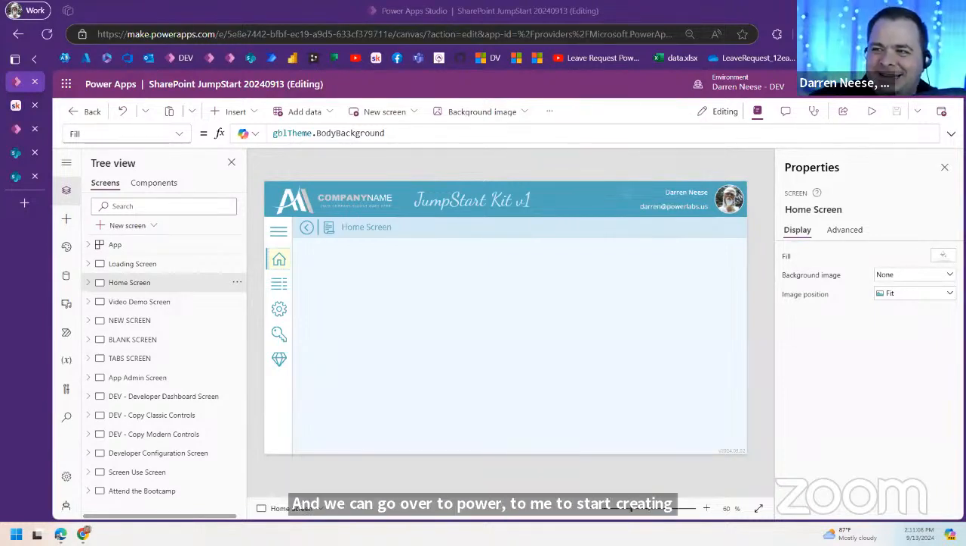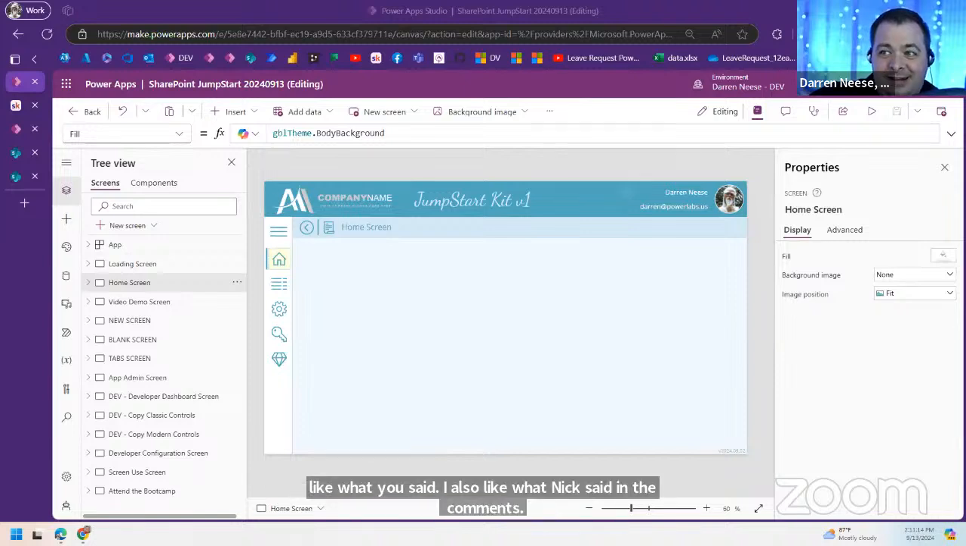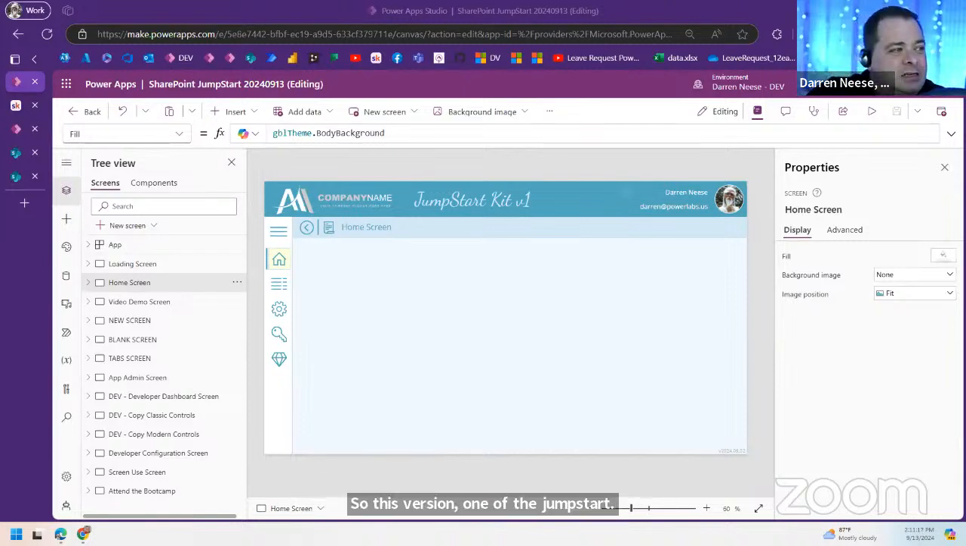Okay. Yeah, I like what you said. I also like what Nick said in the comments. So there's a version 1 of the Jumpstart Kit. It's just an MS app file. What I've noticed when I interact with Power Automate is that sometimes it's hard to find these Power Automate flows. If I just go over to Power Automate and create something, it's hard to get PowerApps to see it for some reason. It's gotten better over the years. But yeah,